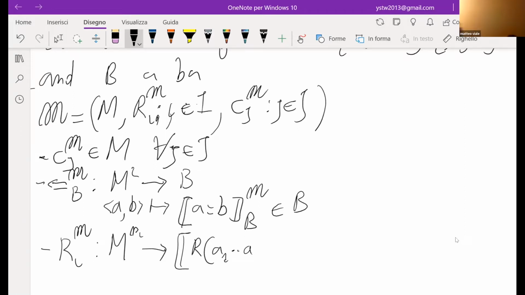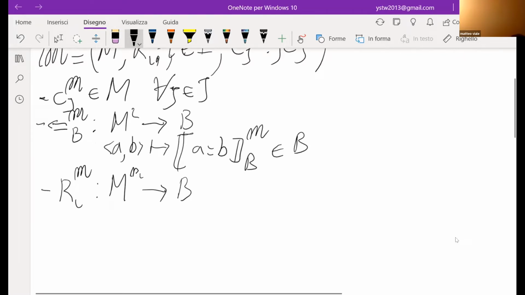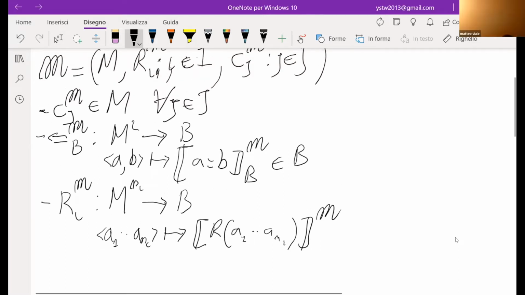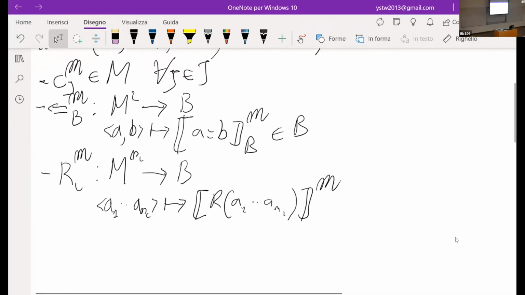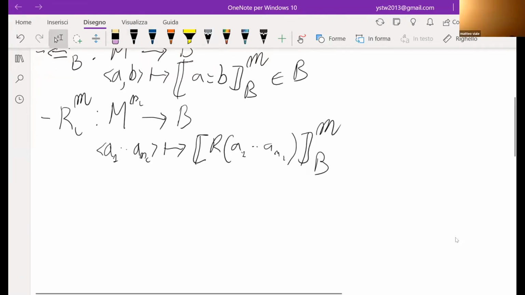Sorry, here I'm again, so I have a_1 up to a_{n_i}, and this maps to the Boolean value of R_i evaluated in those elements. You're not writing anymore. You don't see what I'm writing? Yes, sometimes there is a delay. There is a gap in the connection. Apologies. Okay, so we have this